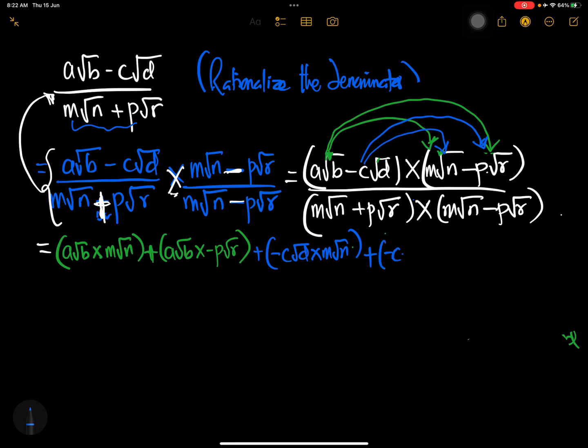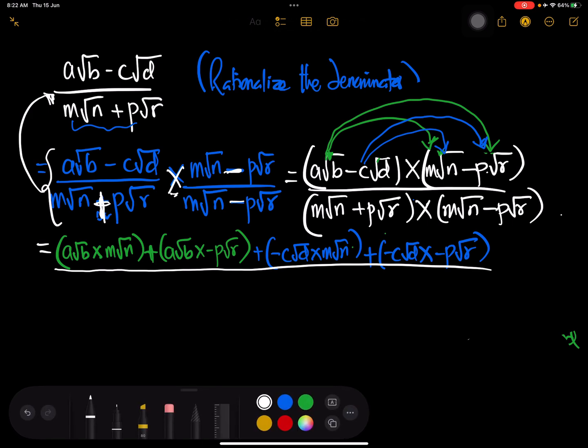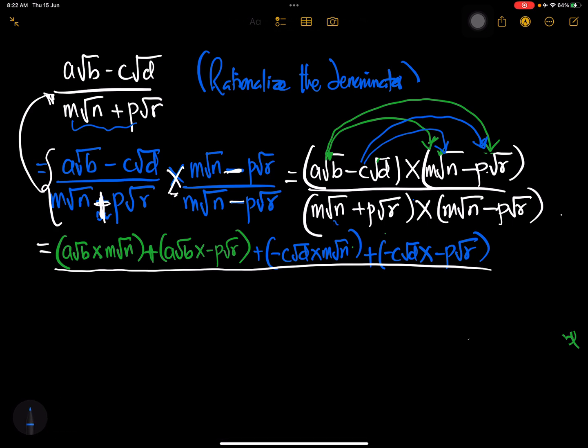So negative c square root of d will multiply negative p square root of r, like that. And then I think we have completed the top part of what we are doing. And then we're going to have the division sign come all the way. And then we're going to start with maybe the color blue. Now we're going to do the same thing here. So at the bottom, just to make it a shortcut for you guys,